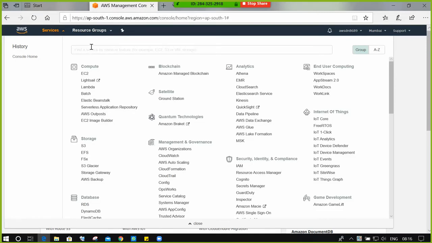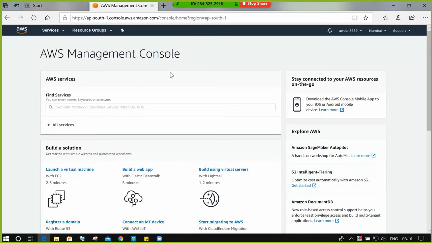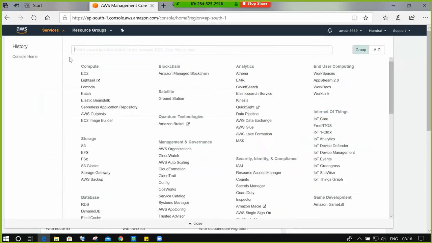So today our agenda is how to create a Linux instance, and I'll show you. First we need to log into the AWS Management Console by using your root account, or maybe an IAM user account. After that, go to Services and click on EC2.